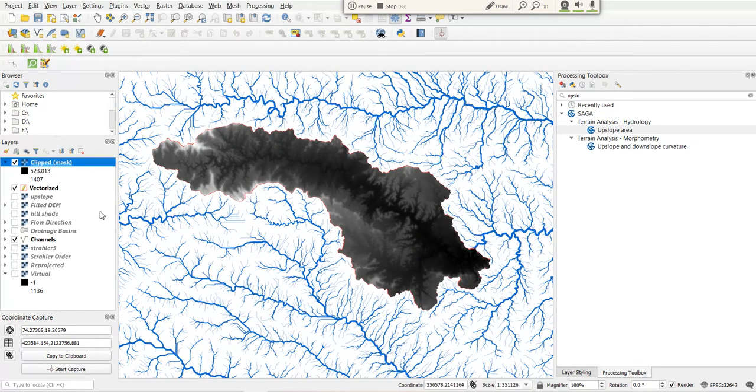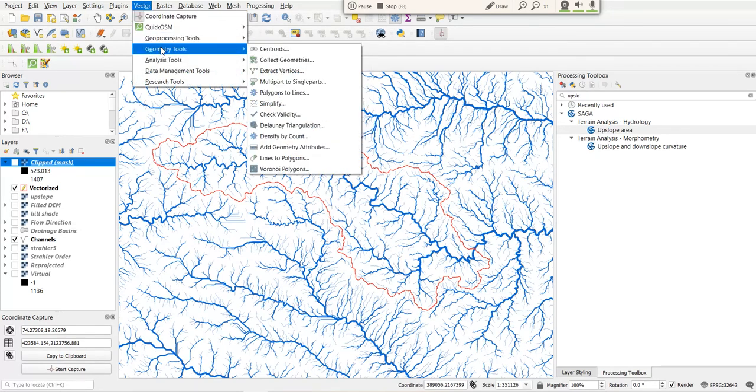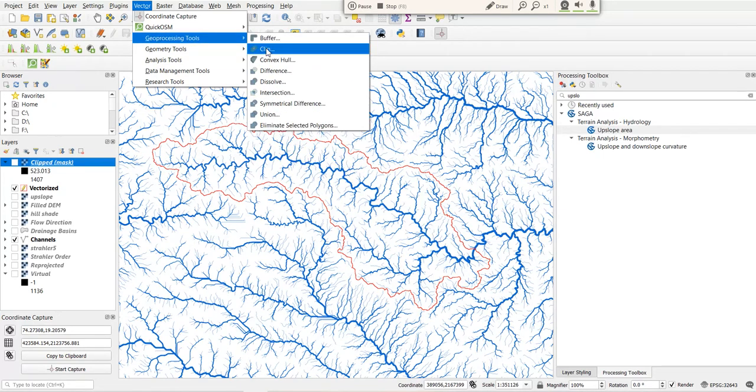So now I need to cut my channels also. Let's say I want these channels also, so I do one thing. I go to vector, actually these are vectors, so geoprocessing tools, and there it is, clip.